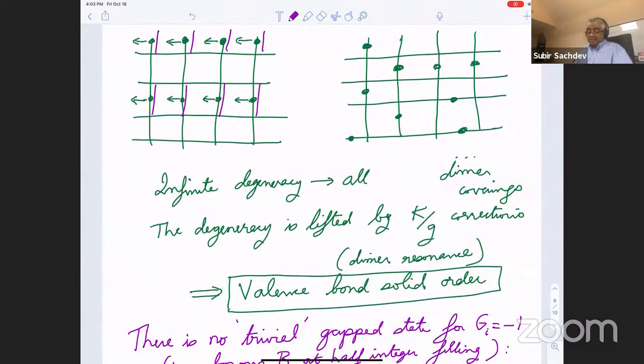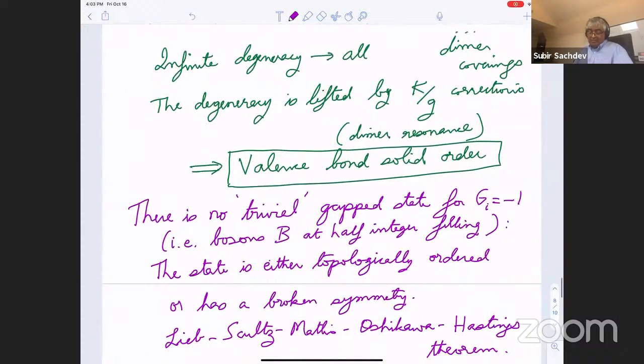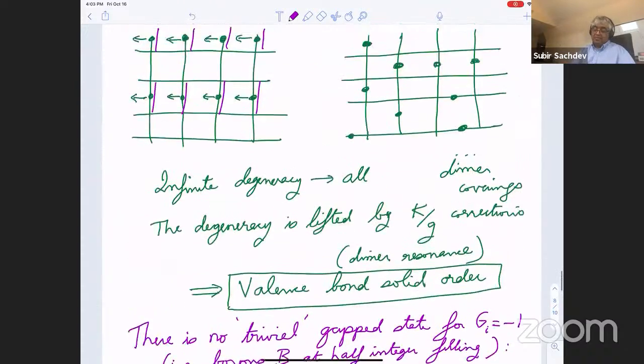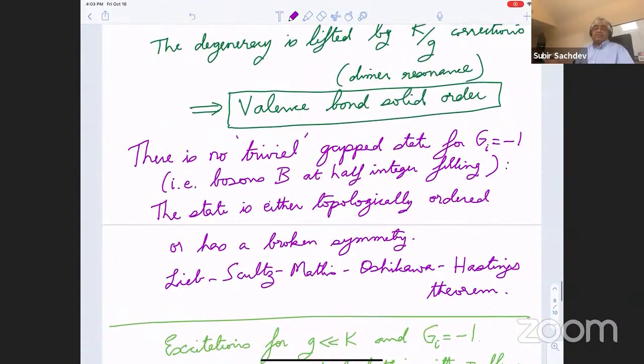And this actually better had worked out because there's a theorem called the Lieb-Schultz-Mattis-Oshikawa-Hastings, and maybe some other people, theorem, which is the following: that for bosons at half filling, which we believe are the same as the Ising model at g equals -1, you cannot have a trivial ground state. That is, you either have to have topological order, which you do have in this case at small g,